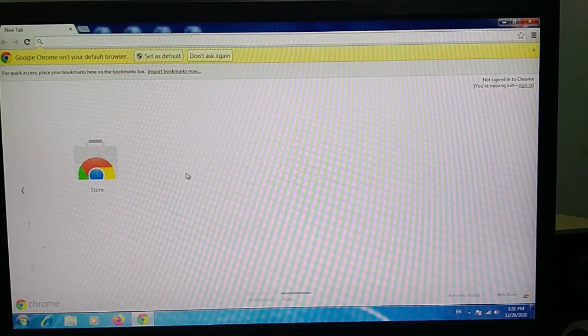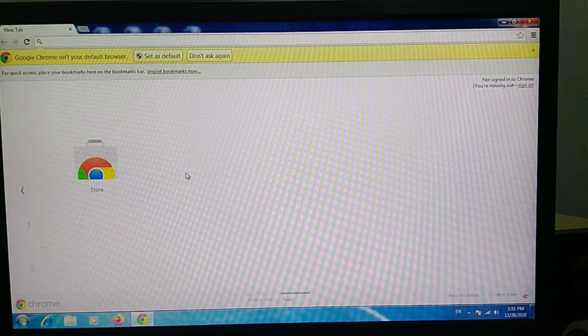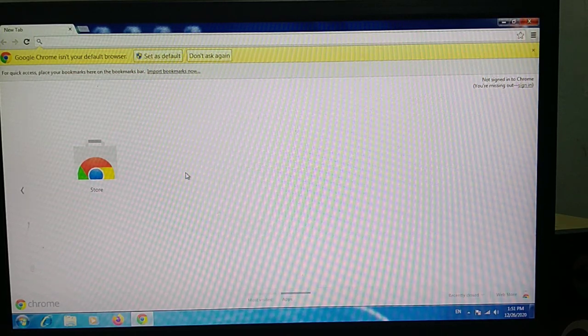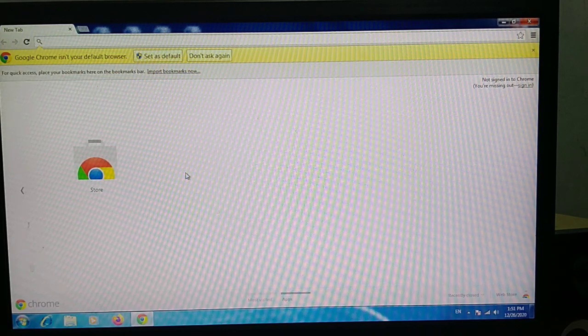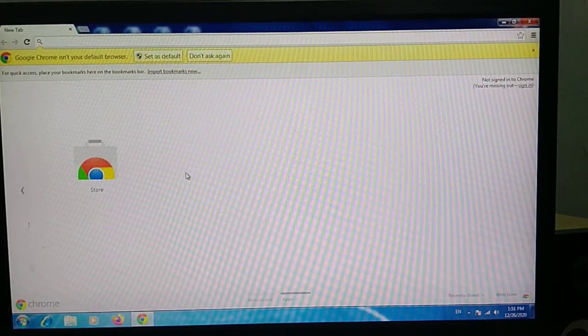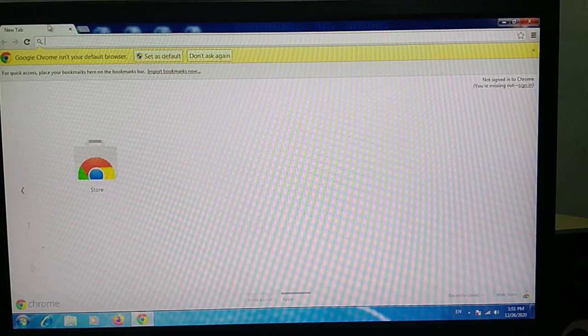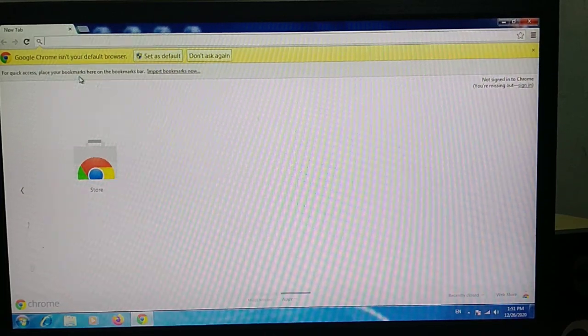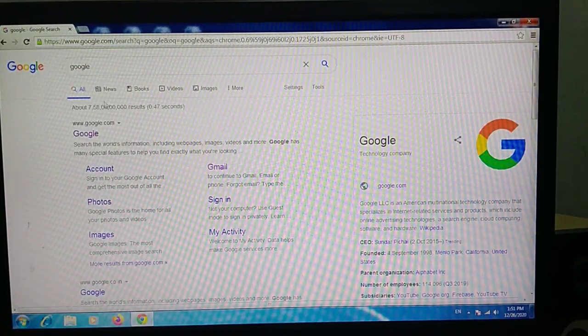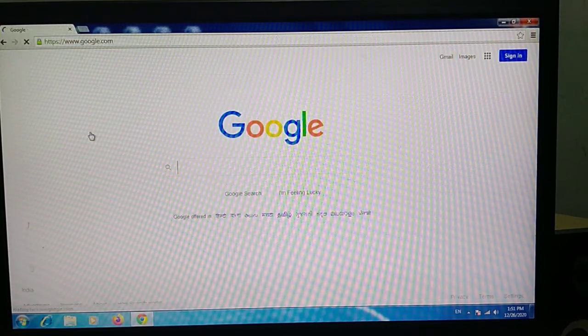Then tabs are used to open many websites at the same time. What is the use of a tab? It is used to open many websites at the same time. To open more than one tab, click on the new tab button. Suppose let me open one here. I have opened Google from here.